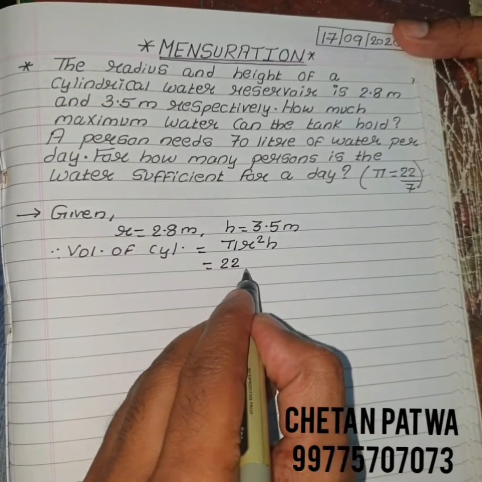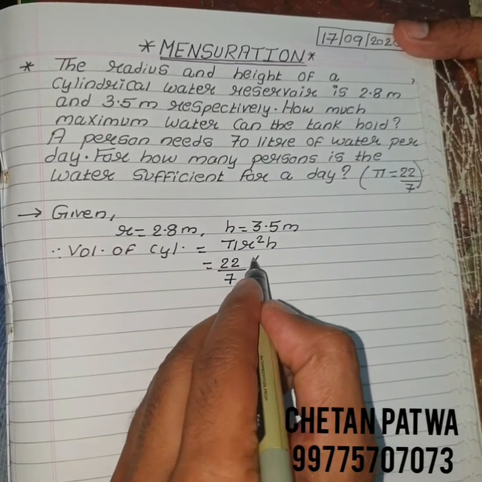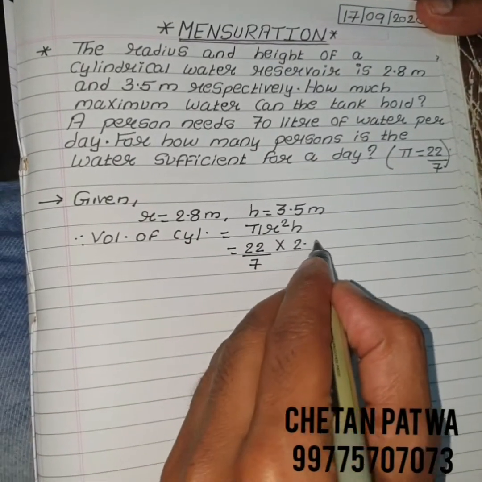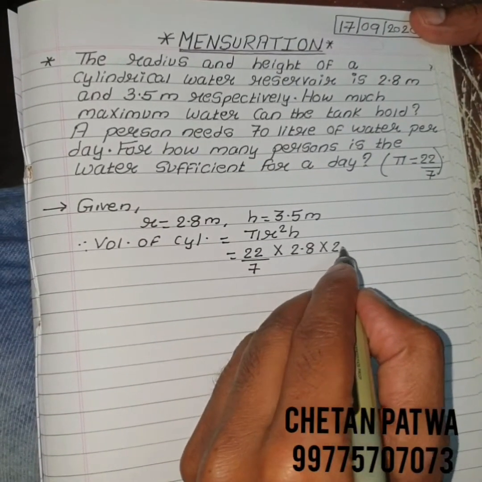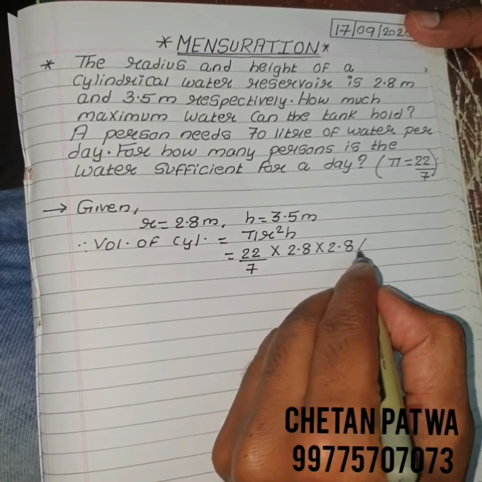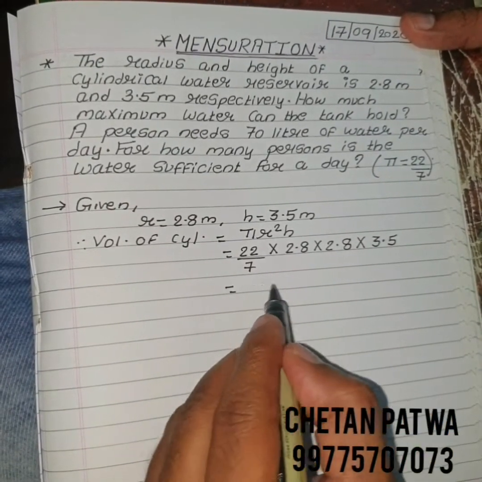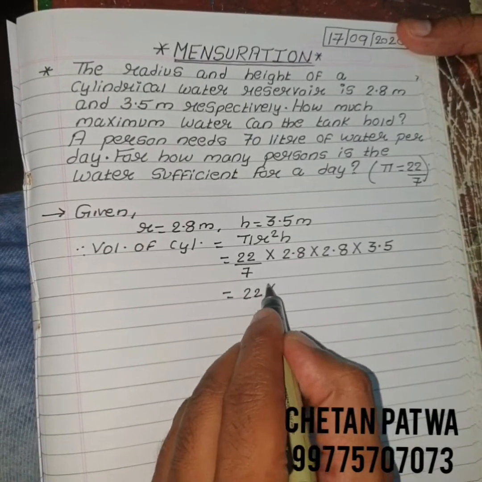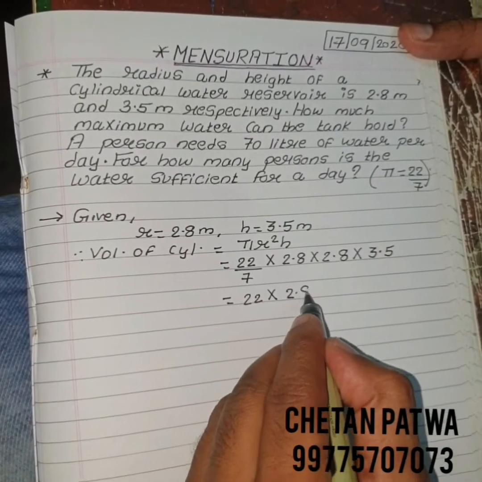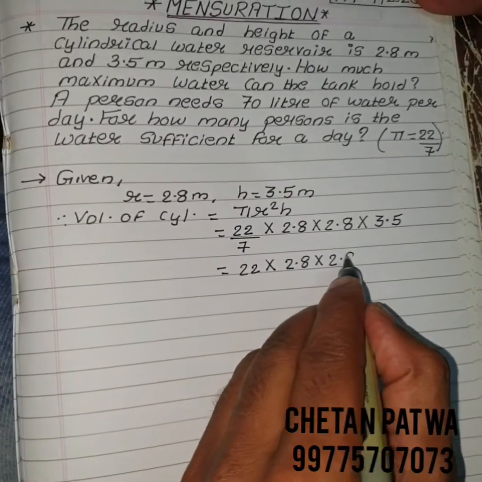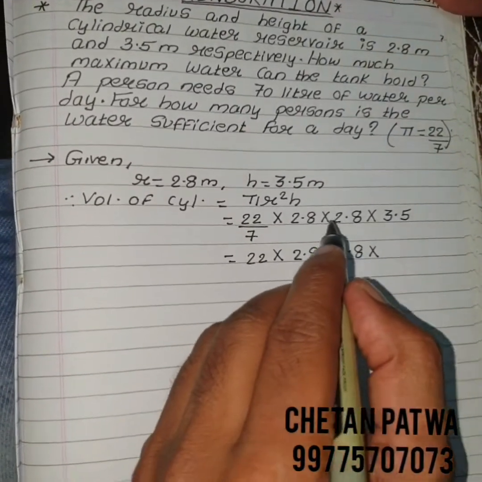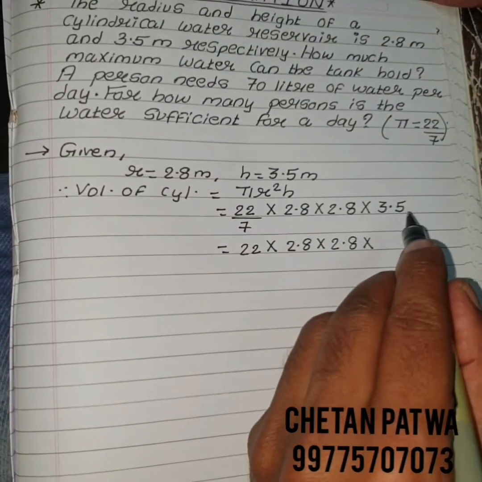Substitute values. Value of pi is 22 upon 7. What is r? 2.8. R square will be 2.8 multiplied by 2.8. What is h? 3.5. Now 22 into 2.8 into 2.8 into, now we know 7 5s are 35, but here